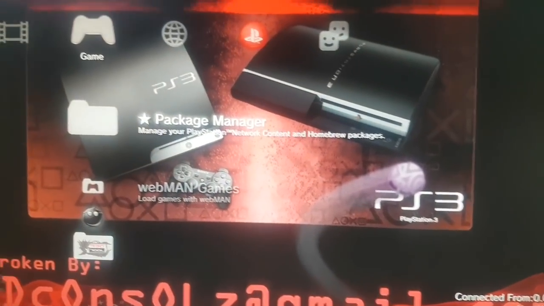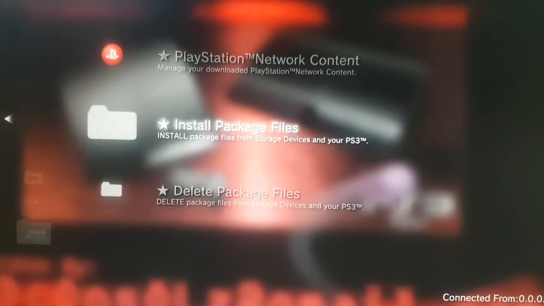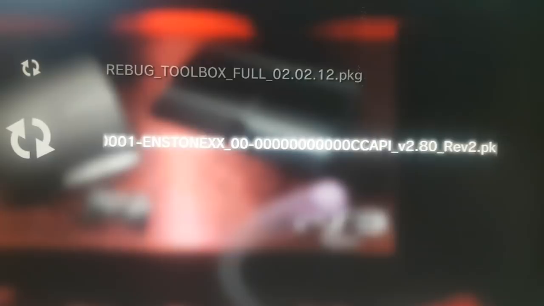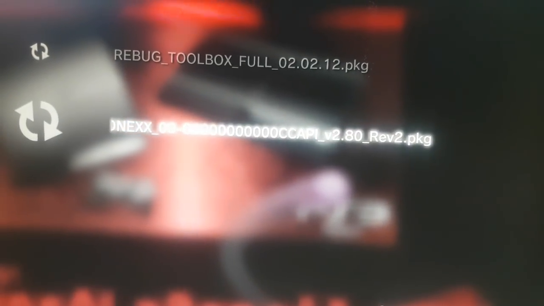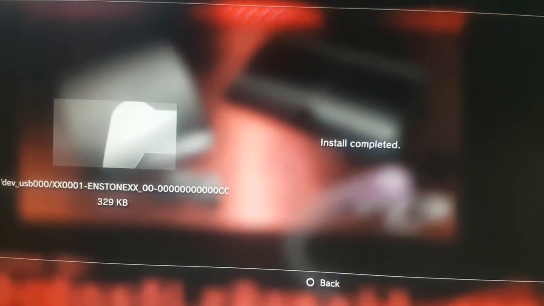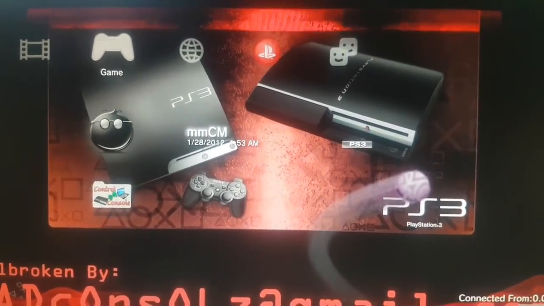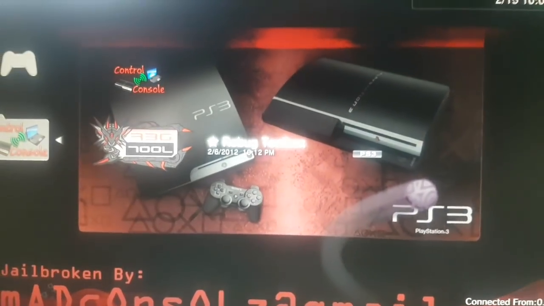And then we want to go package manager again, install package files, standard, and install Endstone CCAPI version 2.80 revision 2. Okay, installed. And now what we need to do, we need to go into Rebug Toolbox,